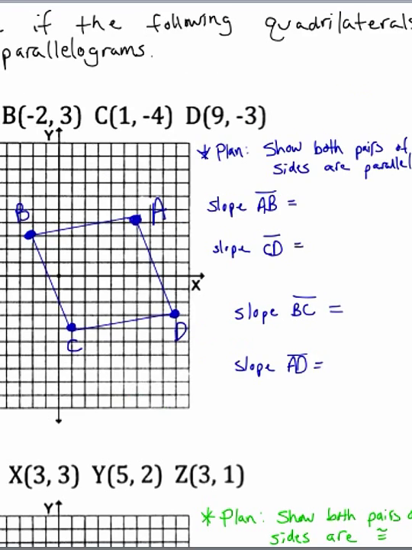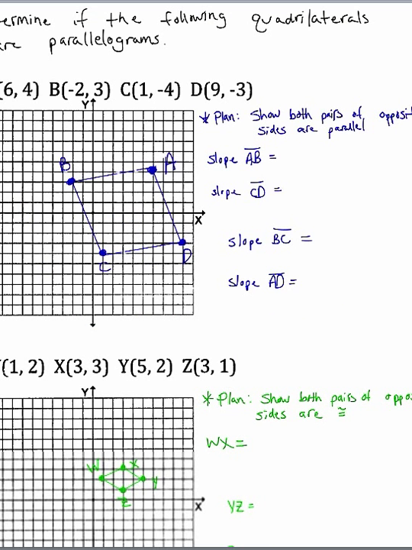I'm going to find the slope of AB, which would be the y minus the y over the x minus the x, which in this case would be 4 minus 3 over 6 minus a negative 2, which is equal to 1 over 8 for the slope of AB. I then go on and do the same thing to find the slope of CD, which would